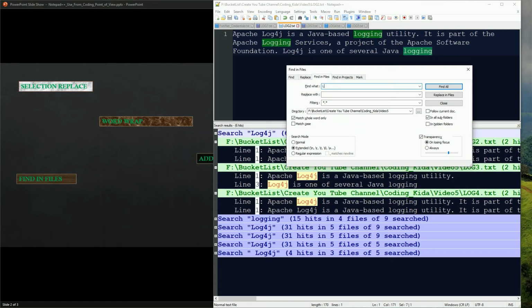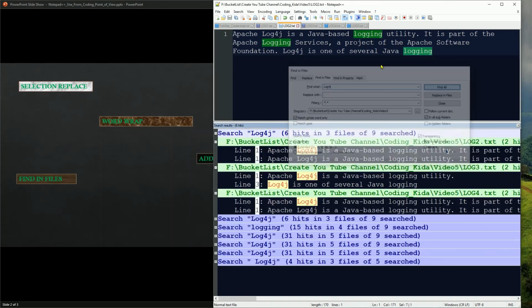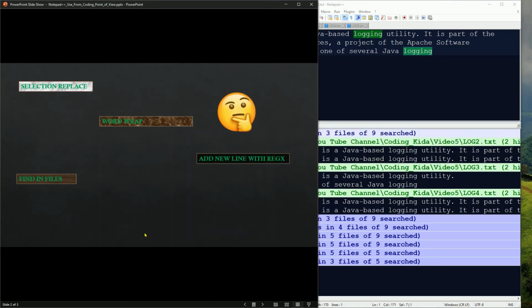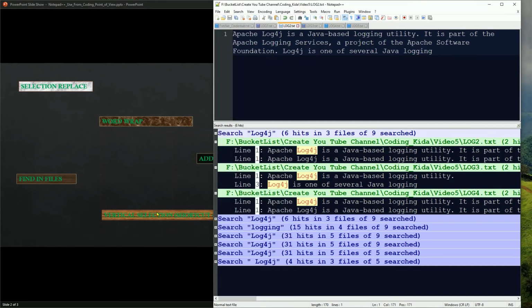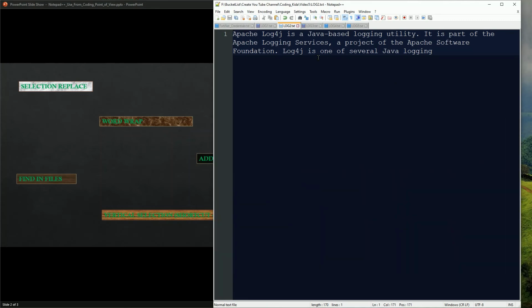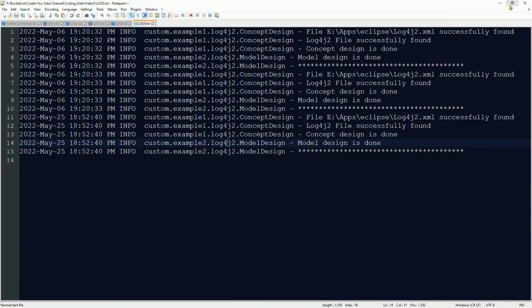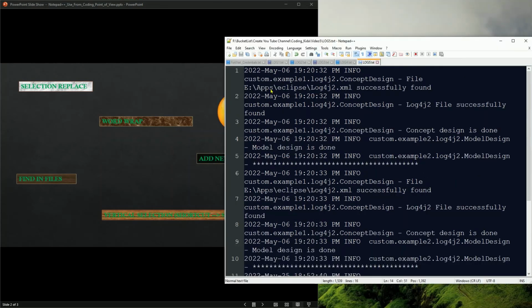Okay, find all. Only four results are showing. Okay, the last thing is vertical selection. This is a very interesting thing, I like this very much. So if we go to this log file,